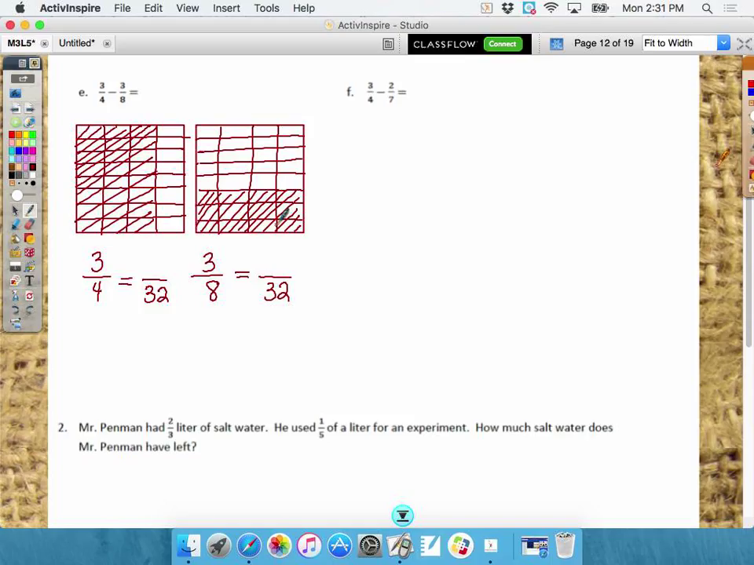Adele, what can I count by here to figure this out real quick? 3s. 3, 6, 9, 12, 15, 18, 21, 24. Or 8 times 3 is 24. You're right. And over here, what could I count by real quick? 4, 8, 12. Now rewriting this: 24/32 minus 12/32 equals,